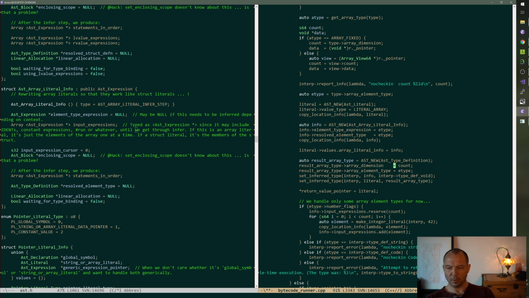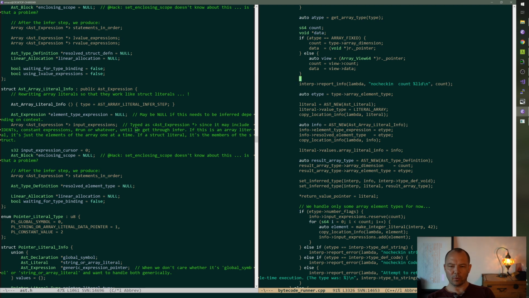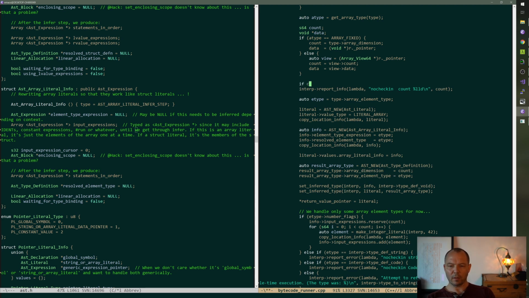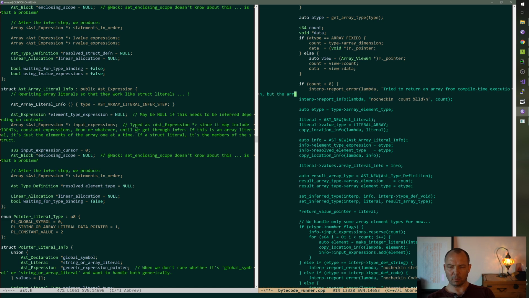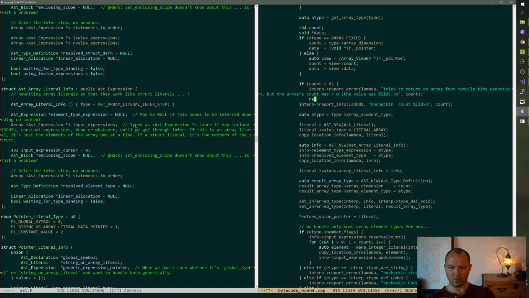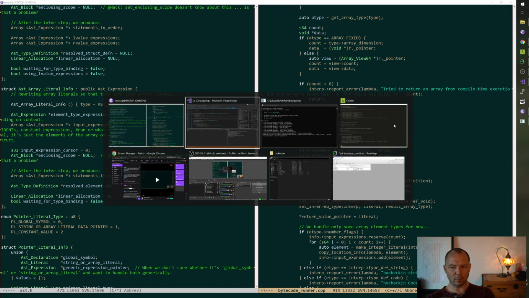Yeah, E type. Okay, let's check that count is greater than or equal to 0. If count is less than 0, report error: tried to return an array from compile time execution, but the array's count was less than 0. The value was %ld, comma, count, and then we return. Great.